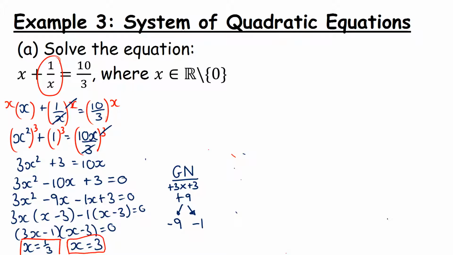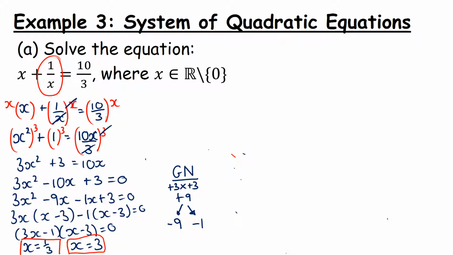Now, this really sits in the algebra sphere. However, I will say you should recognize that when we have an x and a 1 over x, it will always work out to be a quadratic. So to get rid of the fraction, we're going to have to multiply each piece of the equation by x. And when we do that, the x's will disappear, they'll cancel, so we'll get x squared plus 1 is equal to 10x